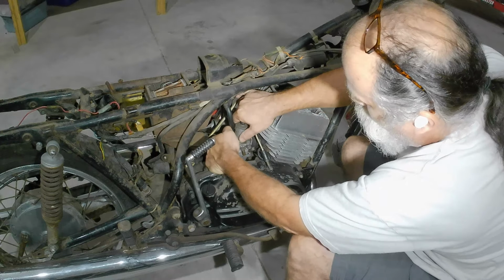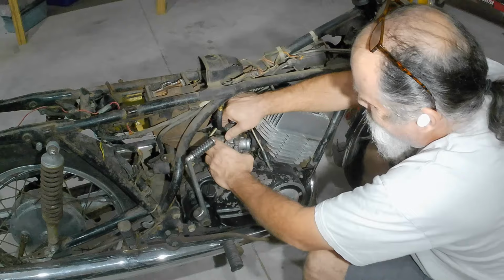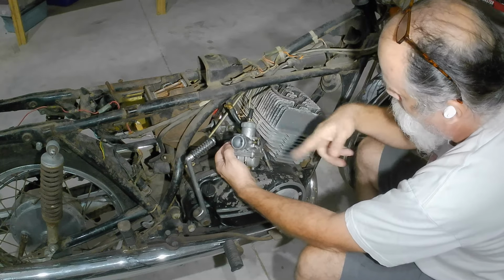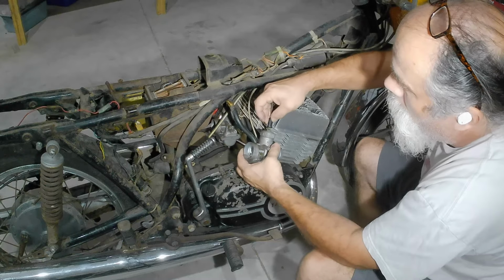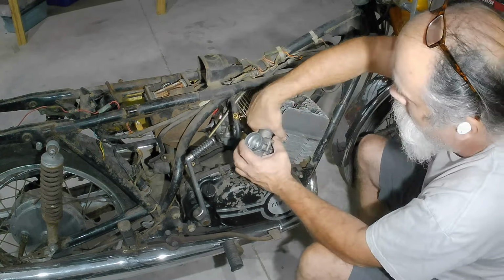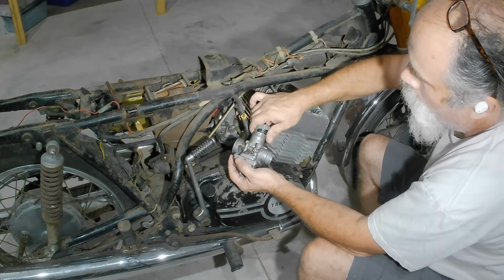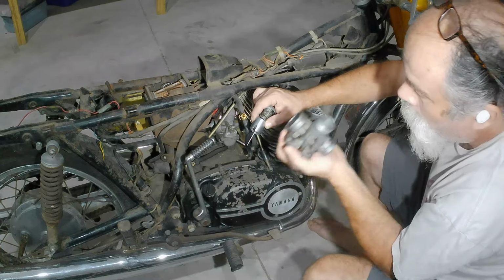Okay, so these carburetors are independently controlled by two different cables. They are not connected except through a crossover pipe. There is a crossover tube. I'm going to disconnect our fuel supply hose, which is not factory. And on this type of carburetor, basically you're going to pull this off. Pull your slide out, which is not seized up, thankfully,